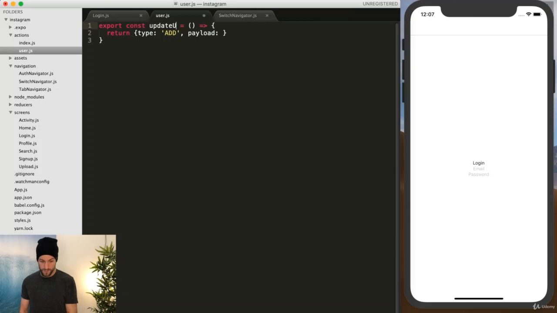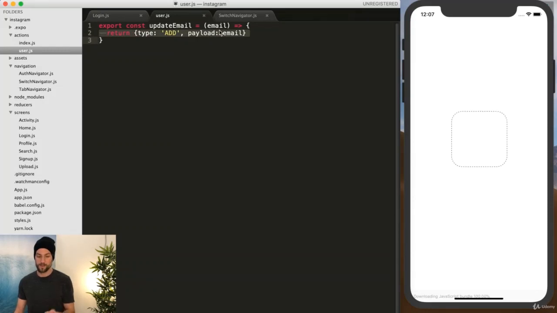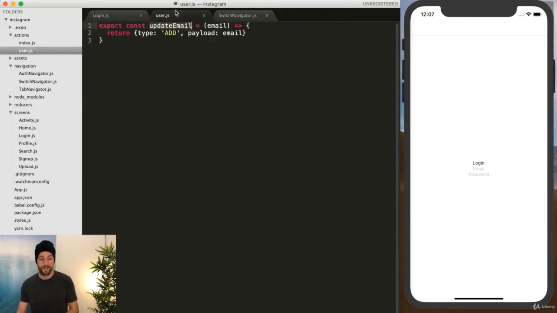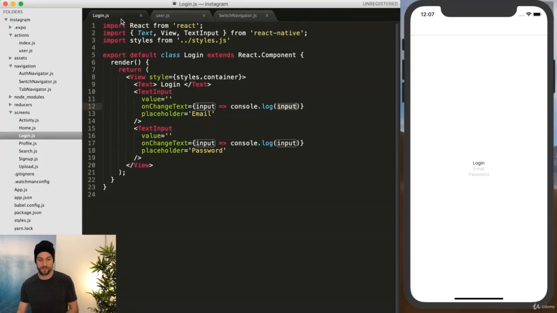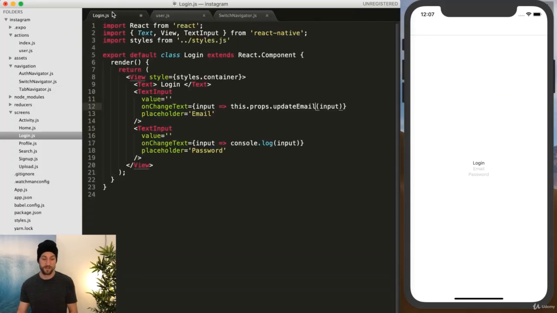And then we're going to do updateEmail, and we're going to pass in that email and then pass that onto the payload. So that may be a little confusing right now, but you can see if we call this function in the login, we could pass in this input as the email, and that would pass in through that payload just like we want it to. So ideally we would do this.props.updateEmail, and then you would pass in the input, and it would come in as the email from the action side. So this isn't going to work because